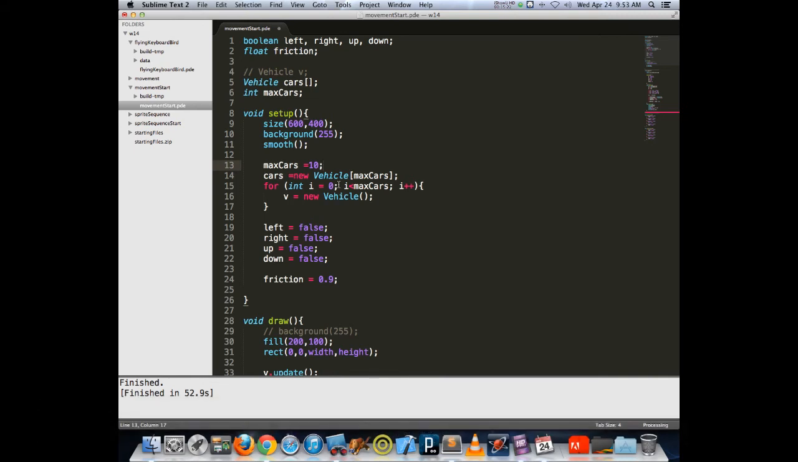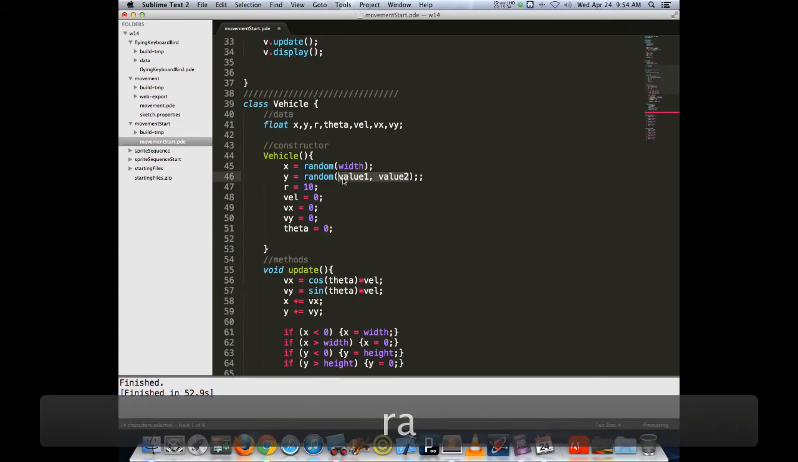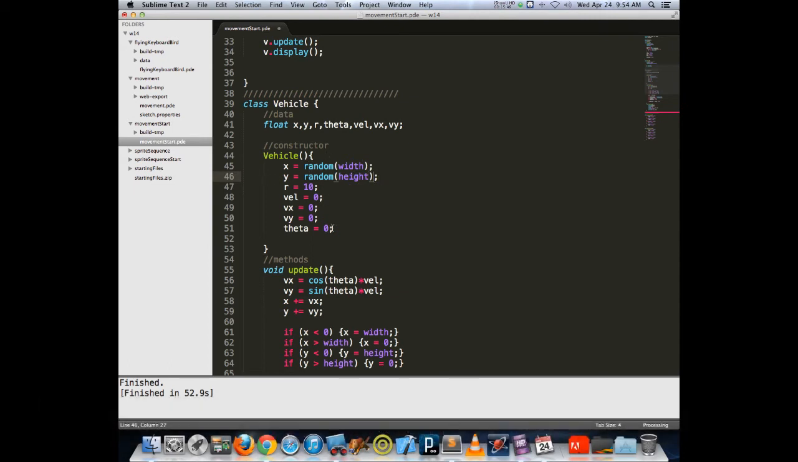But all 10 cars will appear at the same position on screen right now, so that's problematic. I won't actually know that I have 10 cars running. So we need to do something about that. So to get them to show up in separate locations, give them random X and Y's. And if we want them to all start with random